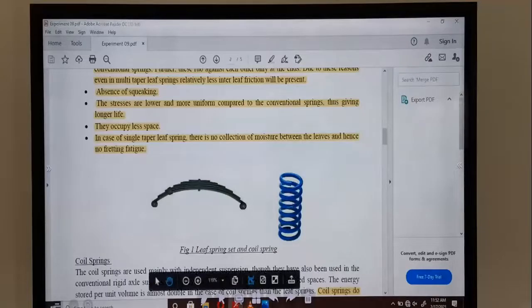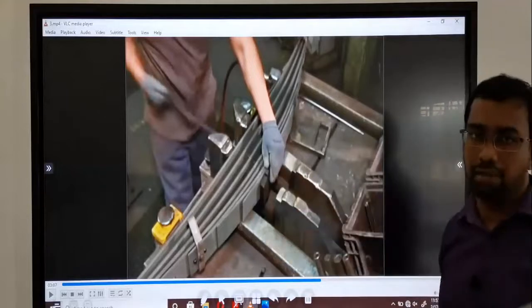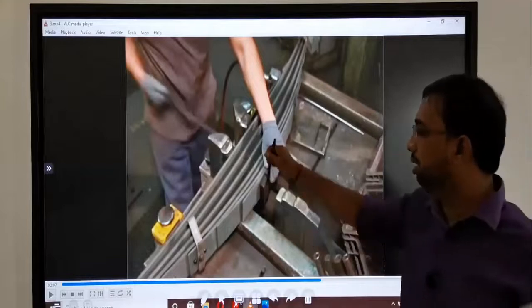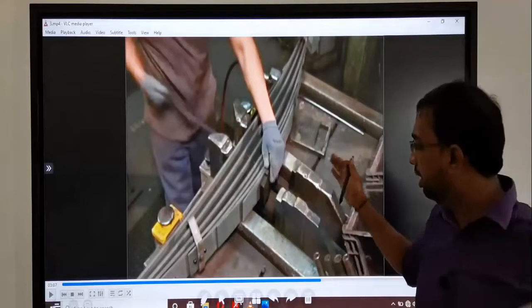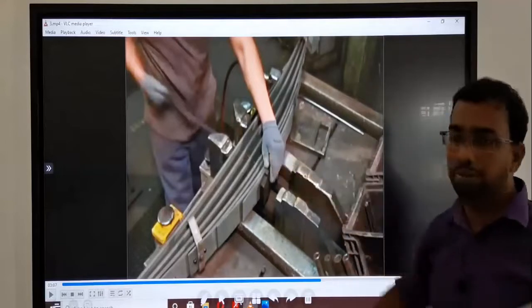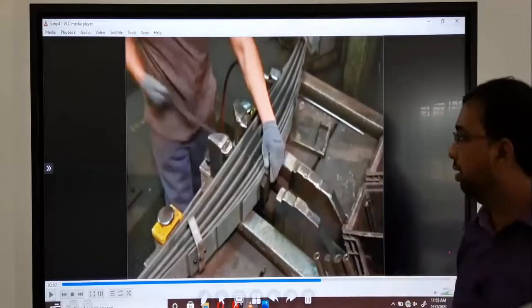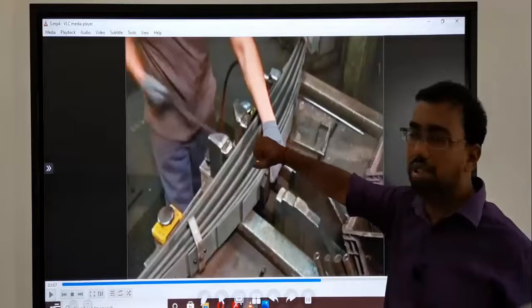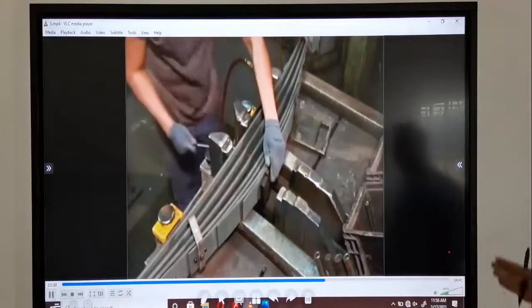So now we see a video of a leaf spring. The hydraulic pressure is used to taper. It's a plate already tapered by heat treatment. This metal is made very thin. Again, there is a gap between these leaves, and by giving hydraulic pressure, it is going to taper. Taper means we make it thin.